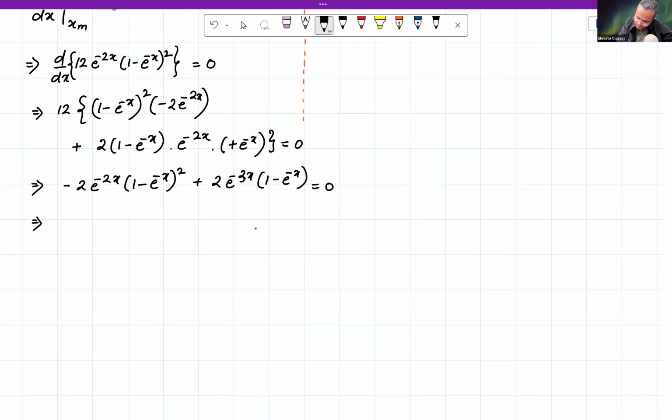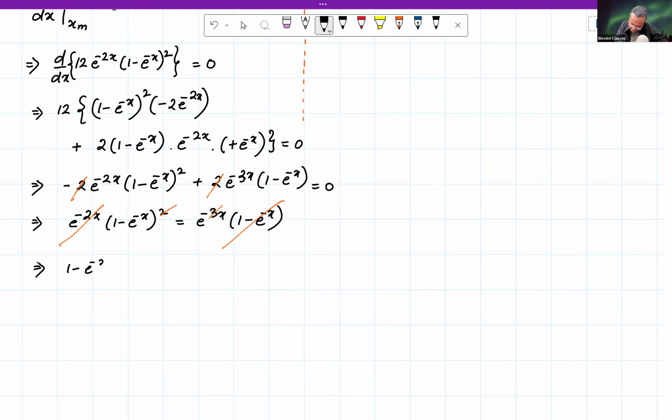So therefore 2 vanishes and you're left with e to the power minus 2x 1 minus e to the minus x square is equal to minus 3x 1 minus e to the minus x. So again this vanishes, e to minus 2x यहाँ पे हो जाएगा e to the minus x and therefore this is nothing but 1 minus e to the minus x is equal to e to the minus x